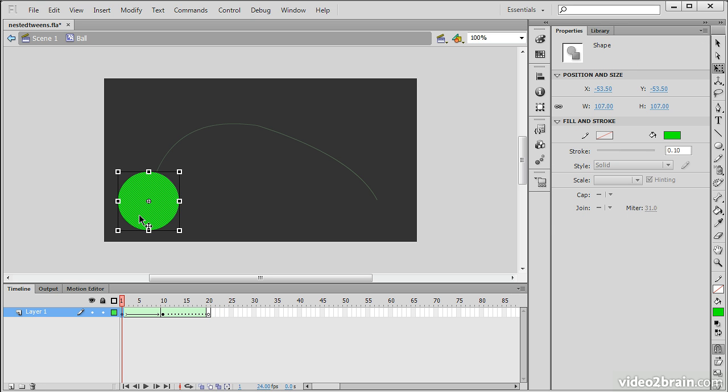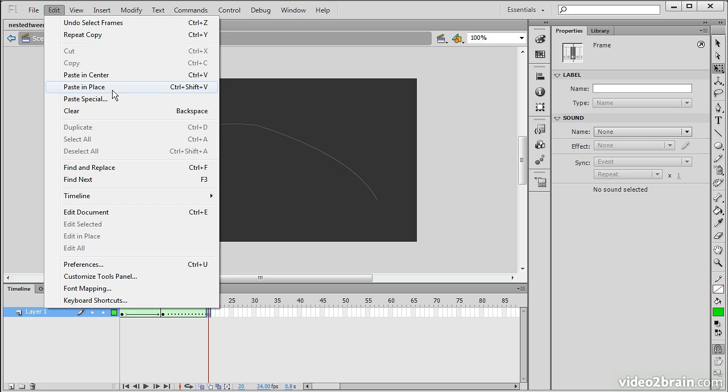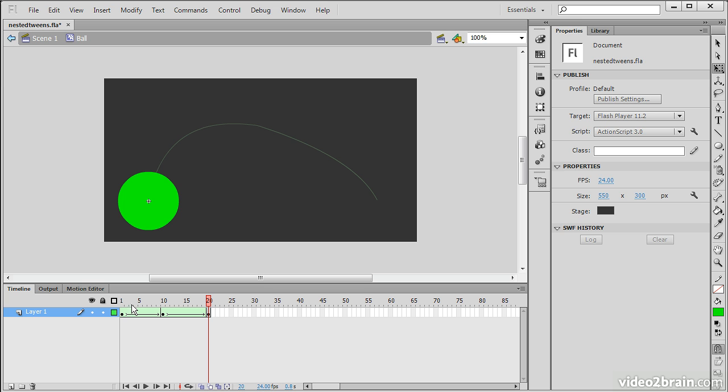Going to frame 1, I can click upon this object, go to Edit, Copy, move to frame 20 once again, go to Edit, Paste in Place. You can see that Paste in Place is going to paste that object in the exact same place from which I copied it from. And now we have this sort of pulsating object here. And by default, everything is actually going to loop. So we're going to have this sort of pulsating object just looping over and over again as it animates across